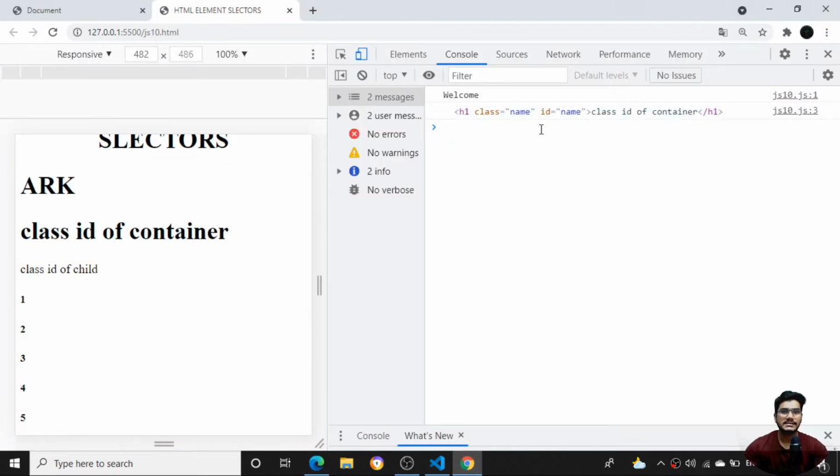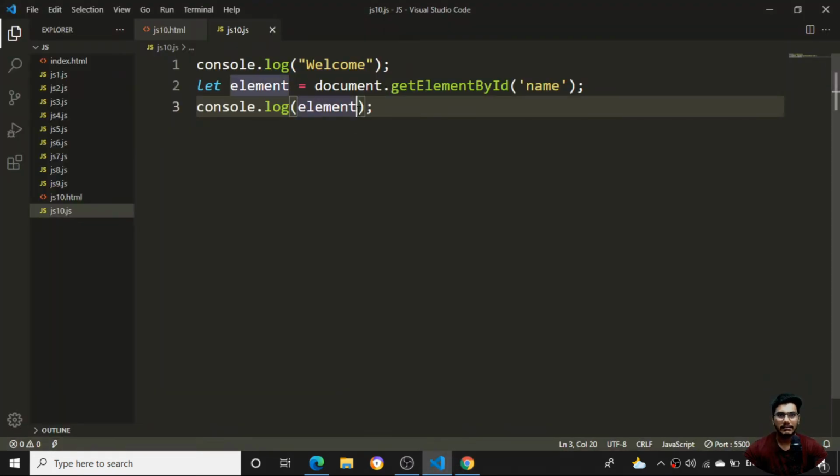You can see I can access the particular class tags, like the class element and the body elements, by using getElementById. So I'm getting the getElementById element. Once it is selected, I can even access the number of child nodes and all these things. I can do the same thing with one more id.